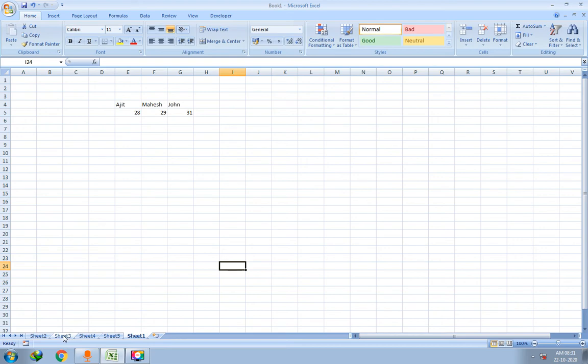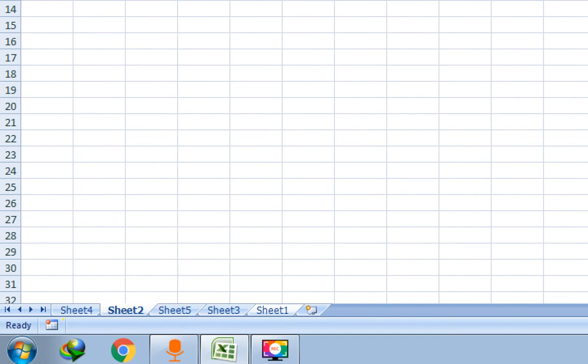Now the sheet 3, I'll click and drag to the second last position. So you can see sheet 3 is at second last position. Sheet 2 I will put in between 4 and 5, so I'll put here, right? So any sheet you can move anywhere. Now let me arrange this properly. I will put the sheet 1 at the first position. Sheet 2 is here. I'll put it after the sheet 1.